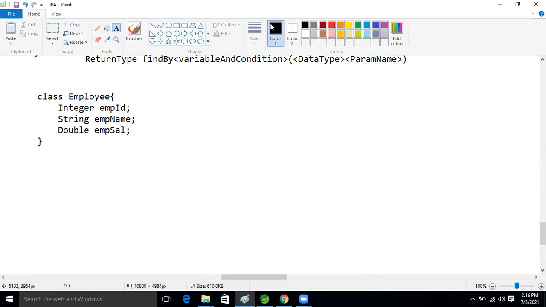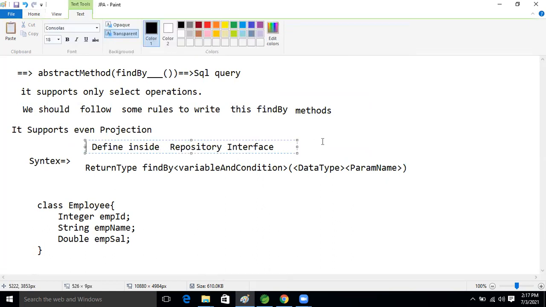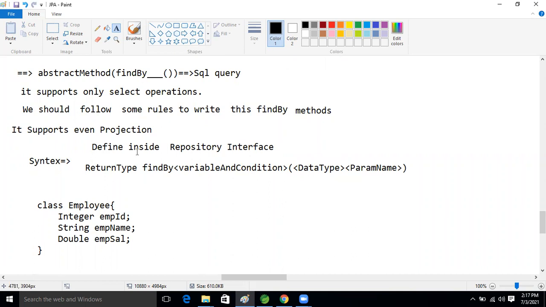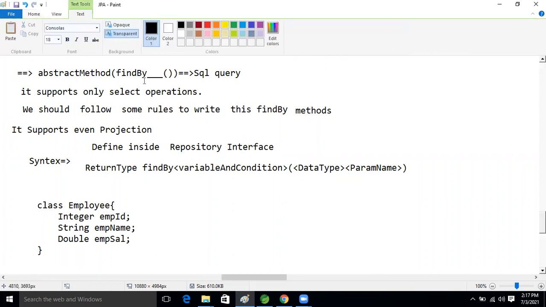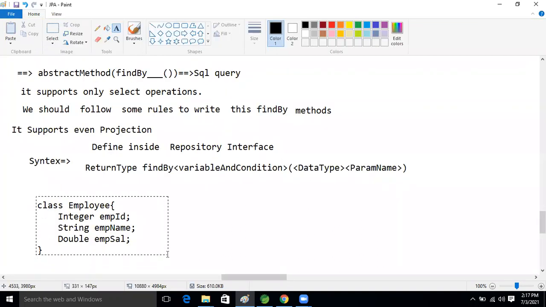So whenever we use the find by method, how will we write it? Before writing the syntax, I defined it inside the repository interface. This is the find by method. Based on that, I want to perform a select operation based on the ID only, to select one record.